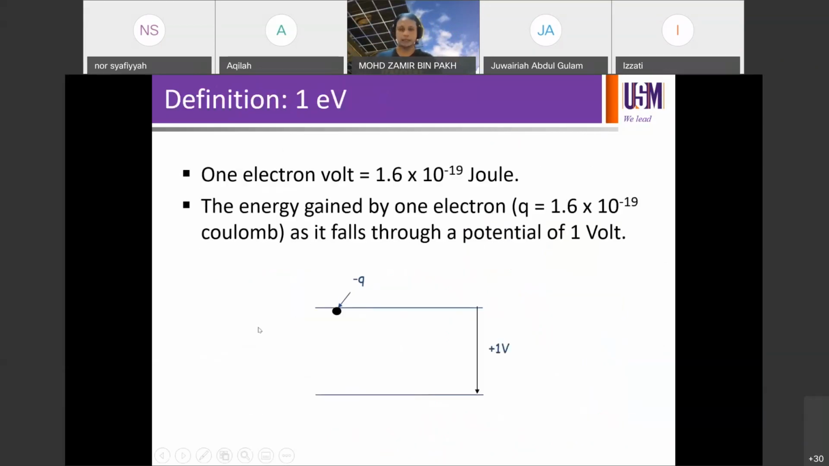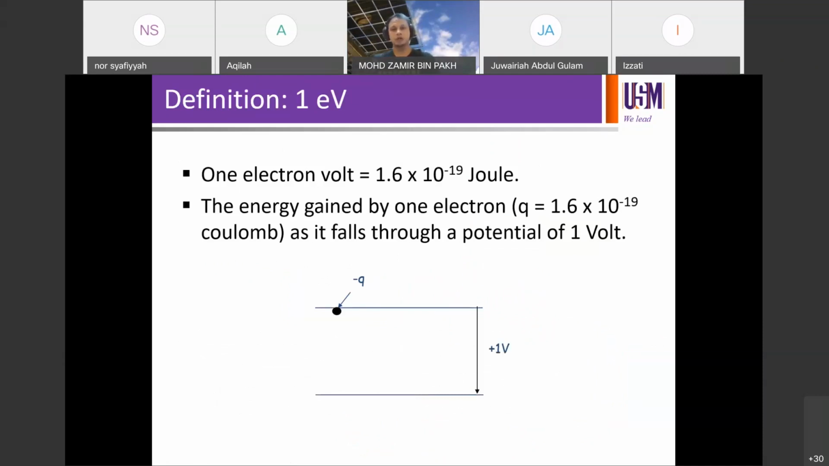So what is 1 electron volt? Okay, 1 electron volt. So we've been talking about 2 electron volt, 1.12, 3.3, 4.5, 10 electron volt. So what is exactly 1 electron volt? So 1 electron volt is equal to 1.6 times 10 to the minus 19 joule. If you want to convert it into joule, then 1 eV equals 1.6 times 10 to the minus 19